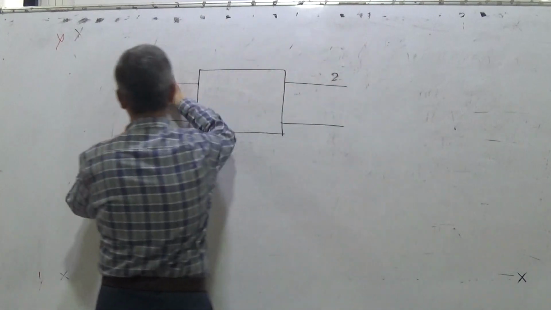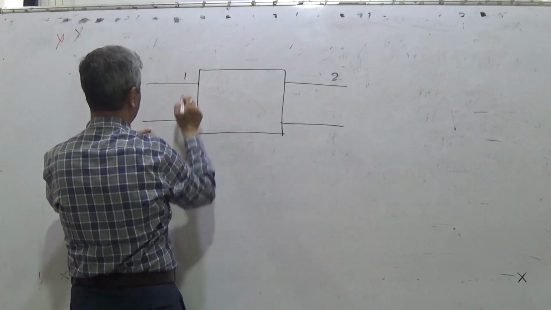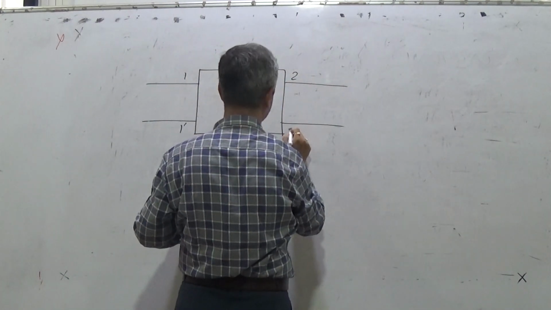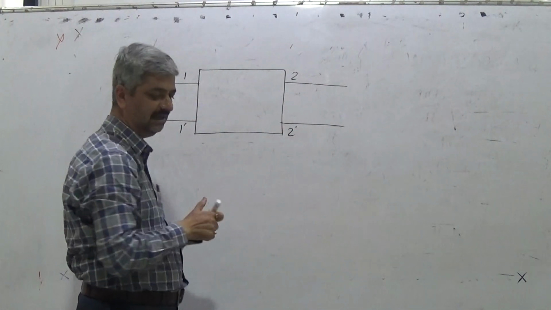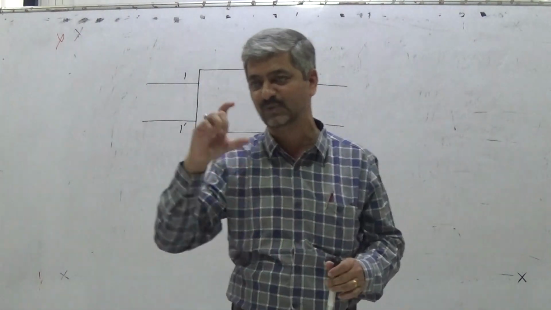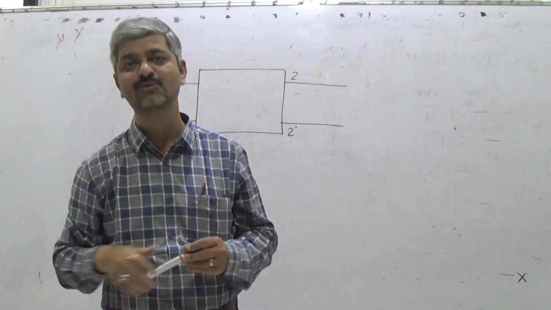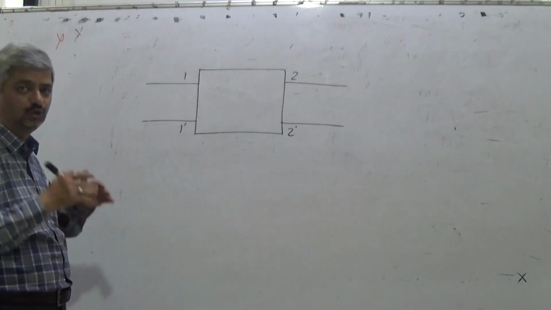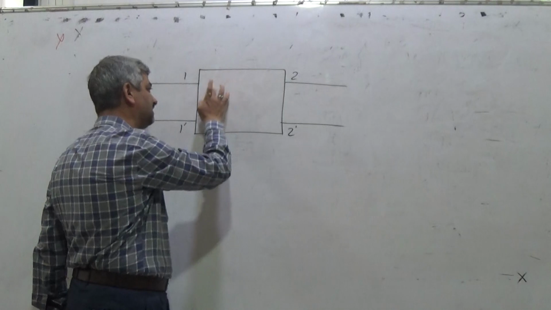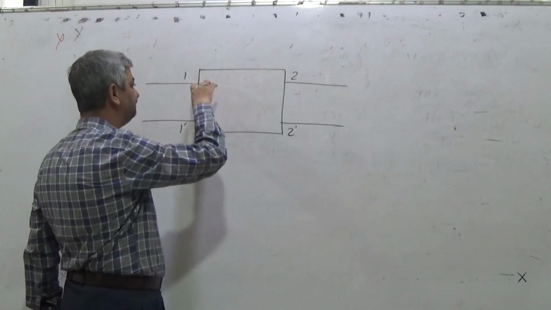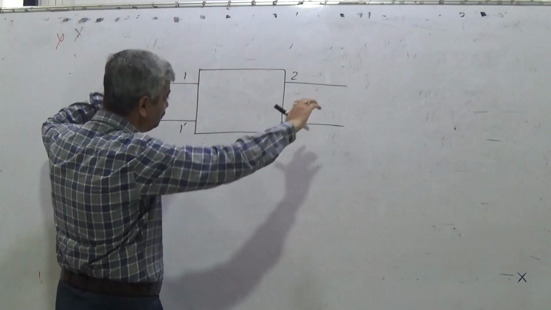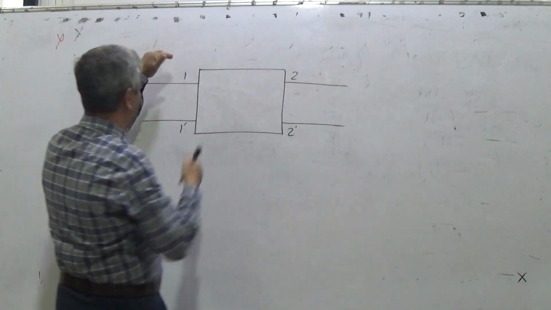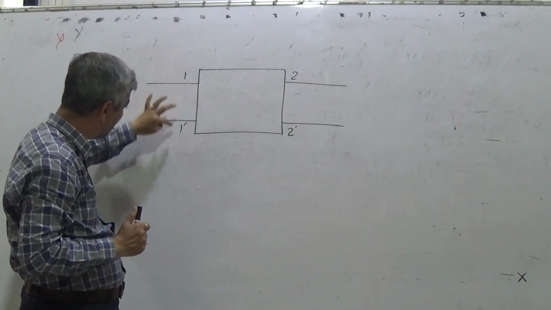I will repeat. Thevenin's theorem was telling us that any complex network consisting of voltage sources and impedances can be looked at as a single voltage source and a single impedance between any two points of interest. Whereas now the two-port network parameter phenomenon provides us a method by which you can look at any complex network of resistances in terms of the relationship between two ports, and the port numbering is also important: 1, 1 dash, 2, 2 dash.